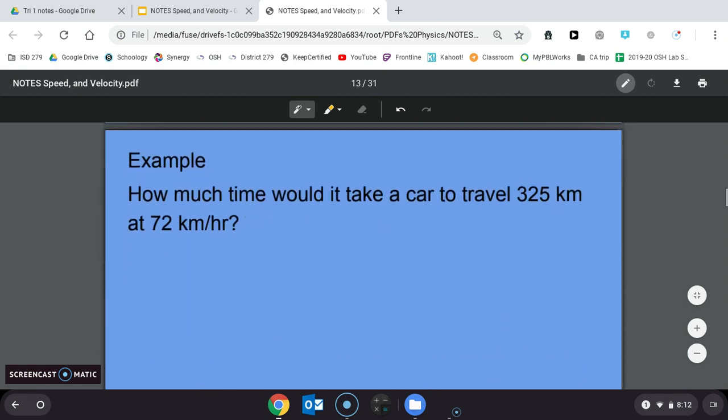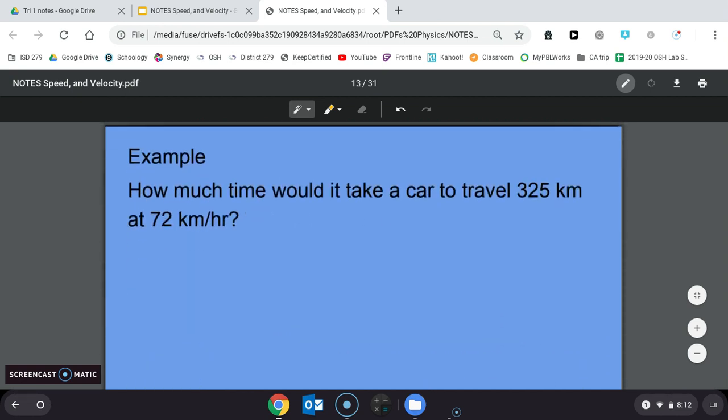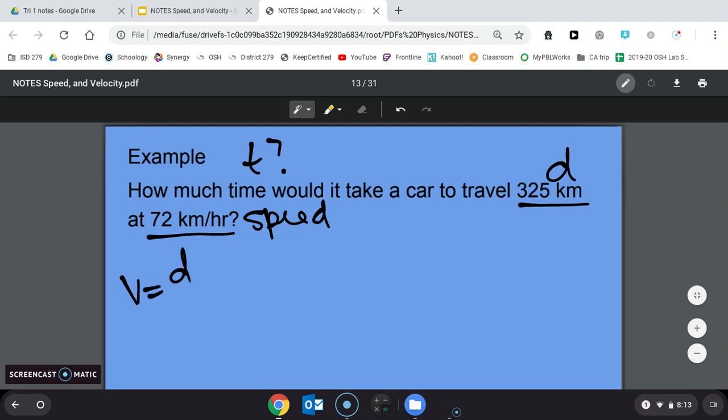Now if I'm going to solve for time, it's a little bit different because time is in a different part of the triangle. It says how much time would it take for a car to travel 325 kilometers at 72 kilometers per hour. Since there are no directions in here, I know this is a speed and this is a distance. Again, I can use the regular equation,